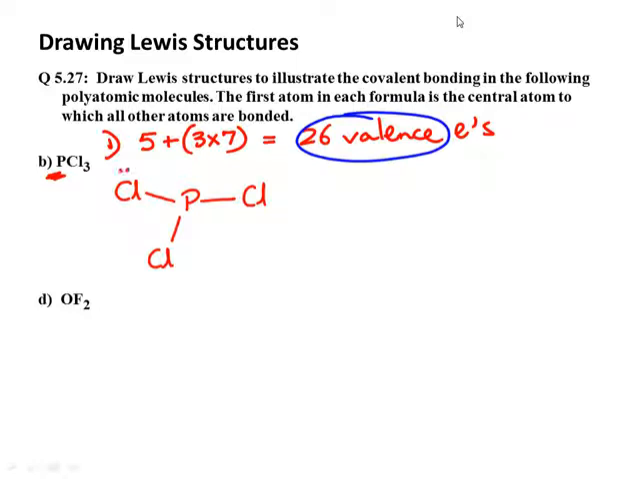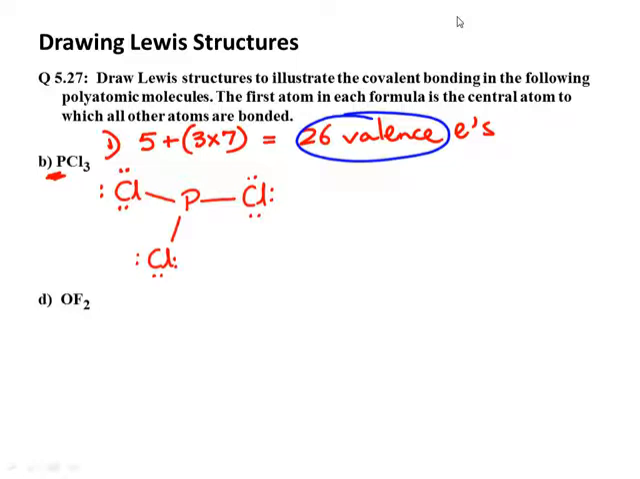I can use those to fill up octets of each of the 3 chlorines. Remember, they need 6 more because 2 electrons are already there in each of the covalent bonds. So now all the chlorines are happy, their octets are satisfied. Now let's count the electrons and see how many we've used and hence how many